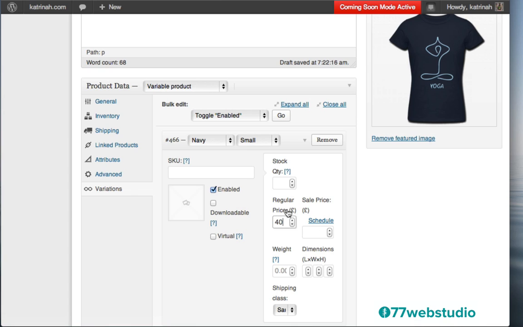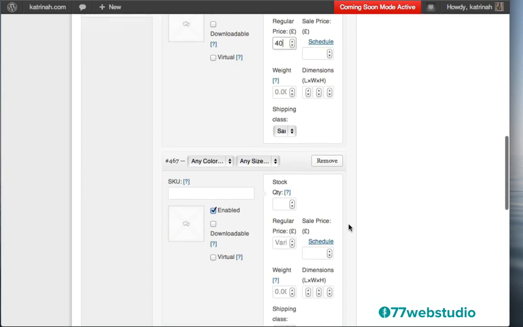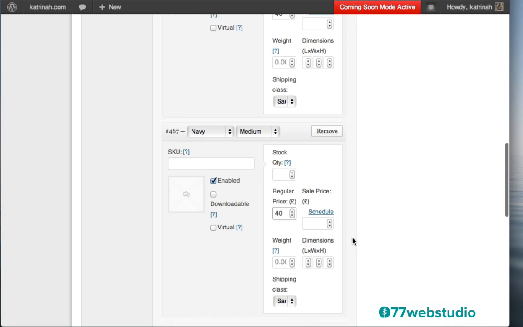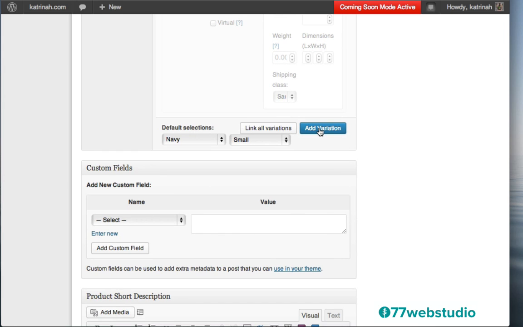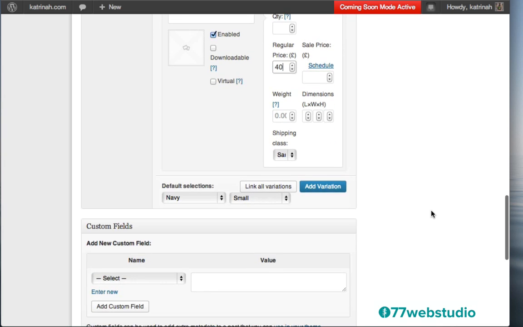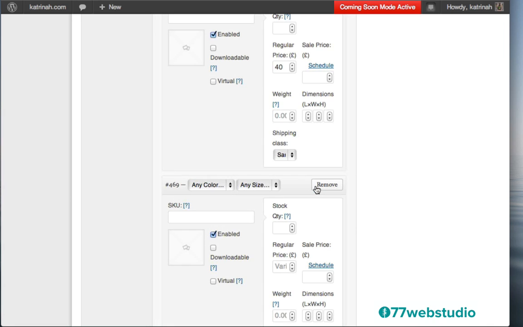Again, it's in pounds. We'll change the pounds to dollars in just a moment. So I have my color, my size, and my price. Then you want to just scroll down, and do that once again here. I'll add navy in a medium, and I'll also give it a price. So for every value and every attribute, you need to set the price. So here we have navy and medium for 40, and then I'll click on the Add Variation button. And here I'll do navy in a large, once again for 40, and then scroll down and click on Add Variation. So I'm sure we're getting the hang of this.